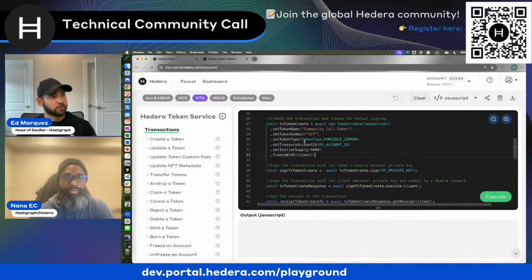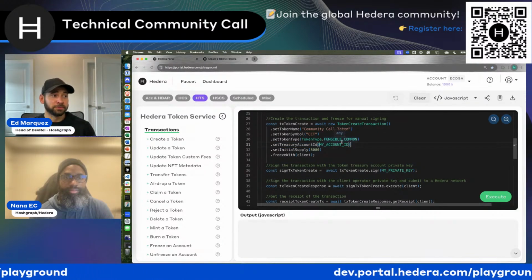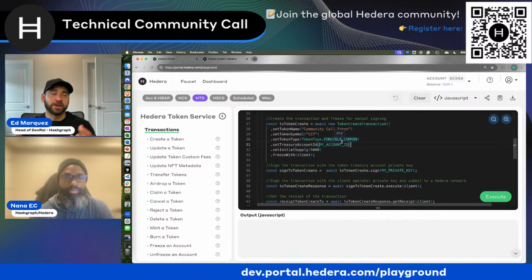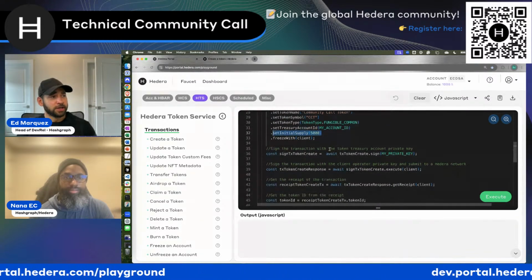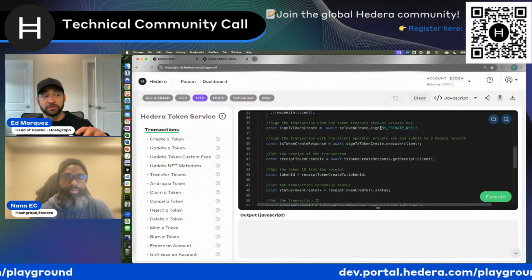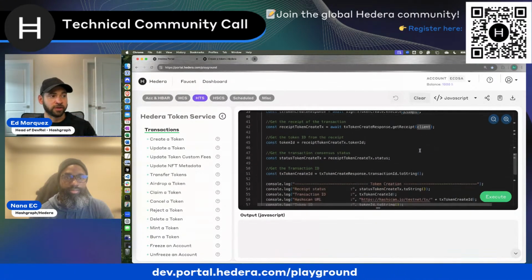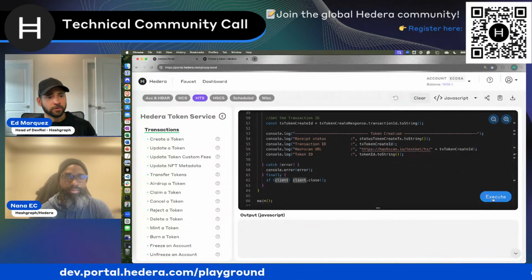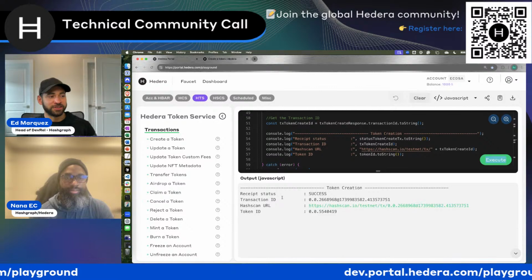In this case, our symbol is going to be a fungible token. My account is going to be the treasury, the entity or account that deals with the initial supply and minting and burning for this token, with an initial supply of 5,000. Here we go through the rest of the steps of signing and executing this transaction with our client to send it to the Hedera network. So with a single click, we were able to create this token.